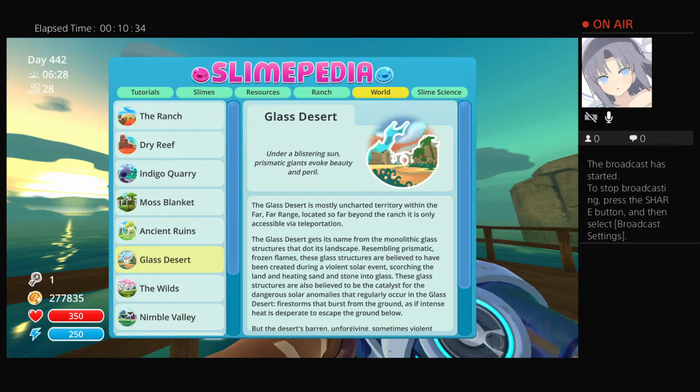Glass desert. Under a blistering sun, prismatic giants invoke beauty and peril. The glass desert is most likely uncharted territory within the far range. Located so far beyond the range, it is only accessible via teleportation. The glass desert gets its name from the monolithic glass structures that dot its landscapes,